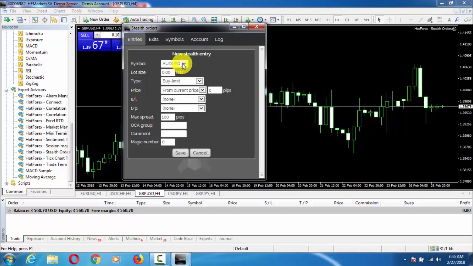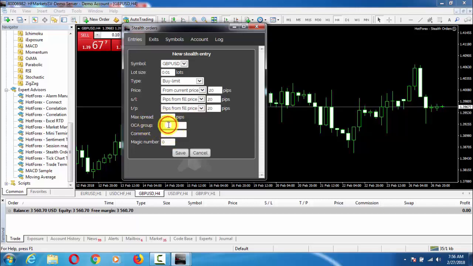Press here, then we can select our desired pair. For example, here I want to select GBPUSD. Here we can select our lot size, 0.01. Then I can select my desired trade. Okay, I will select buy limit, and here I can select current price or fixed price also. Okay, from current price, I can select pips. So I am selecting 20 pips. I can select my stop loss pips, okay, and similarly I can select my take profit. So I have filled in these parameters for my new trade, and